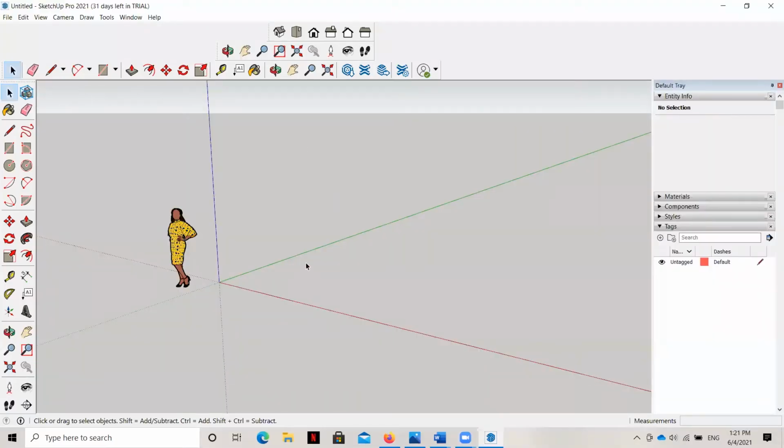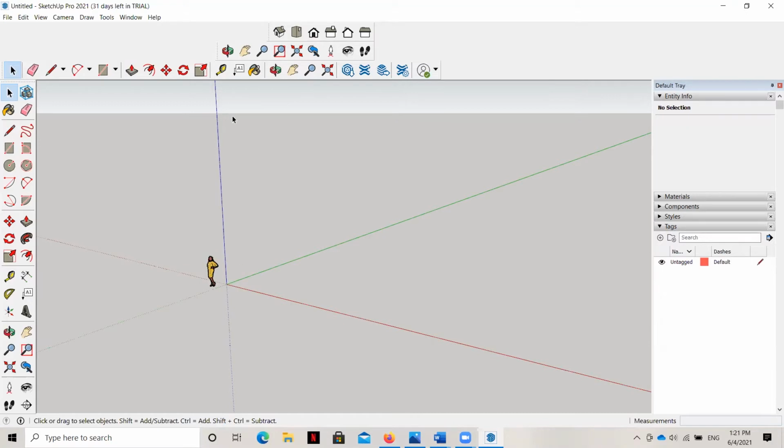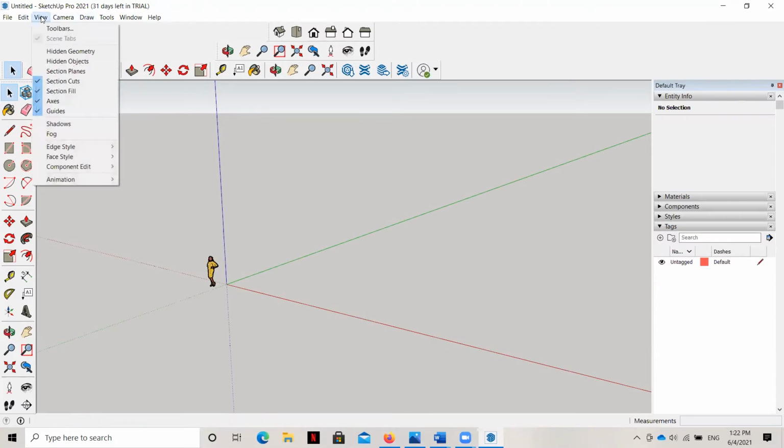Okay, the next thing you're going to see here is your interface for SketchUp, and yours might not look exactly like mine, because first and foremost, I've got some toolbars on my screen that you may not have. I've customized this just a little bit, and the way to do that is to go to View.